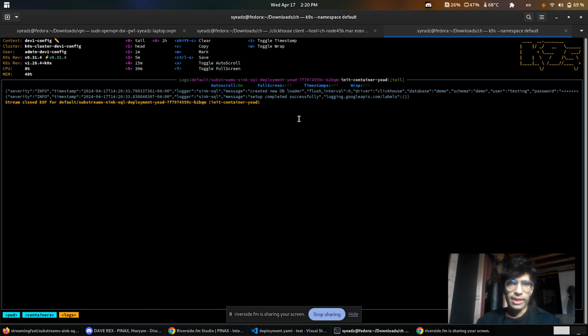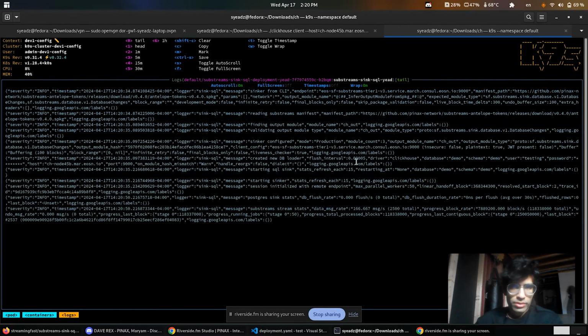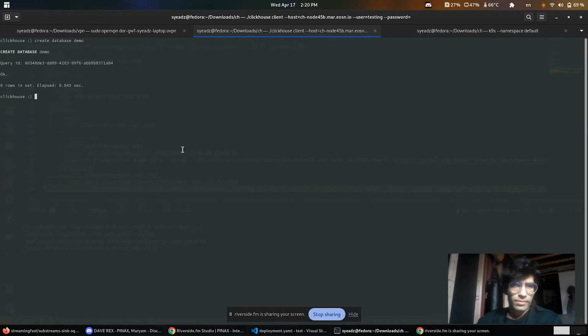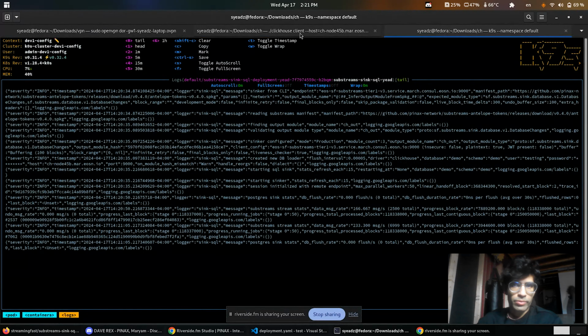Once that's finished, it moves on to actually running the sync. As we can see here, it is currently running. And if you check the tables, they're all set up. And that is how we are running the sync.